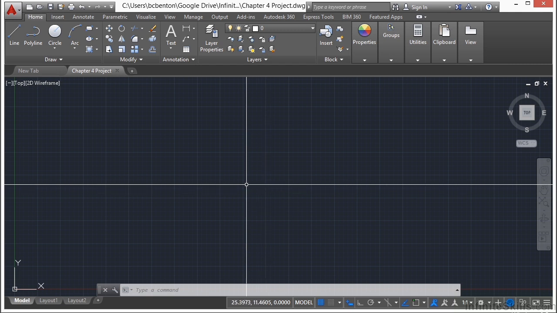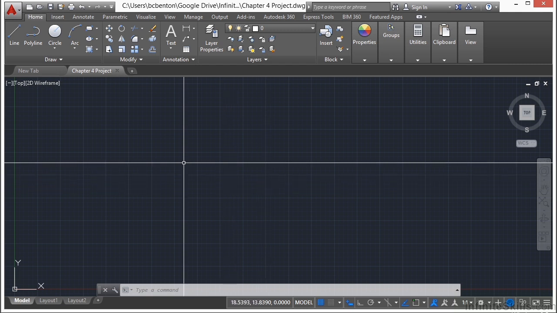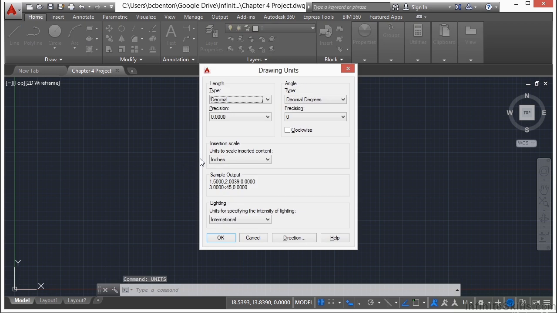So here we are, Chapter 4 project. We have the file started. It is saved. So we want to make sure our units are set up correctly. Type in the word units on the command line and press enter. Now I want to use architectural drawing length type of units, and we're going to go in inches. So make sure this is set to inches on your insertion scale option settings. 1/16 precision is enough. The angles for here are perfectly fine for what we're going to do,